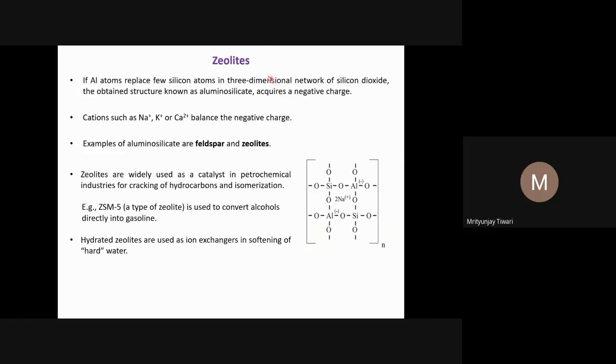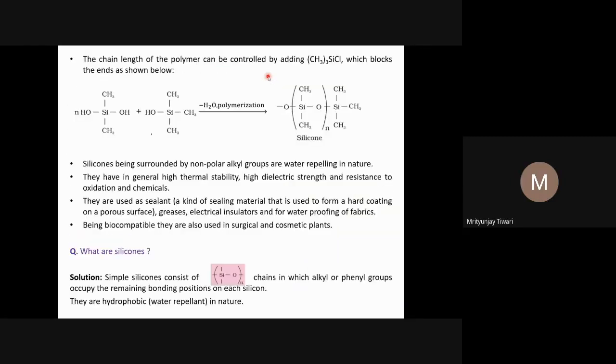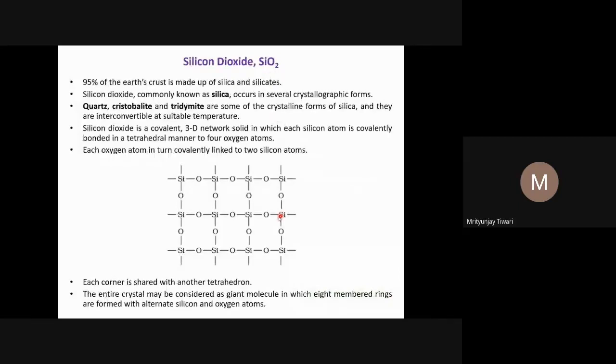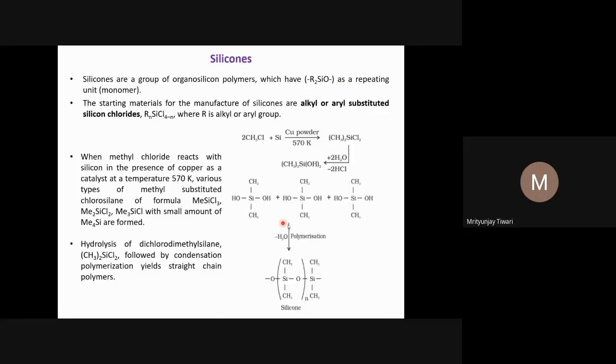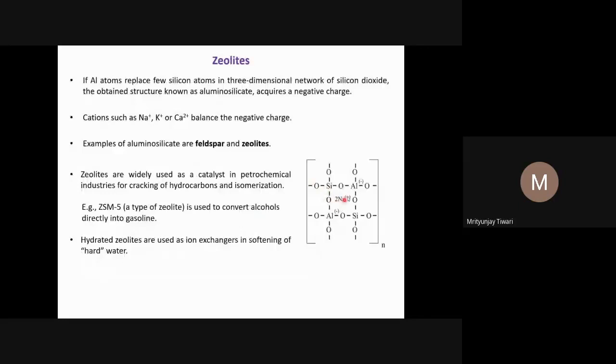Now let's talk about the zeolites. If you know the silica structure, let's again see the silica structure just in two dimensions, though it's a three-dimensional structure. In the two-dimensional silica, SiO4, four Si-O bonds are there, and one oxygen forms two single bonds with two silicon atoms. Now, in the silica structure, if you replace one silicon atom with aluminum, what you see is there will be some negative charge,